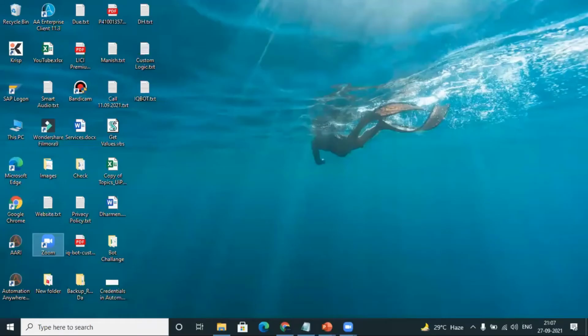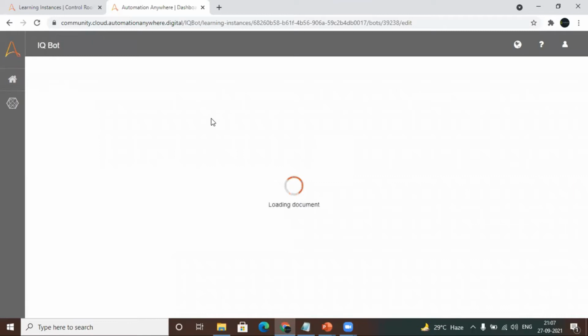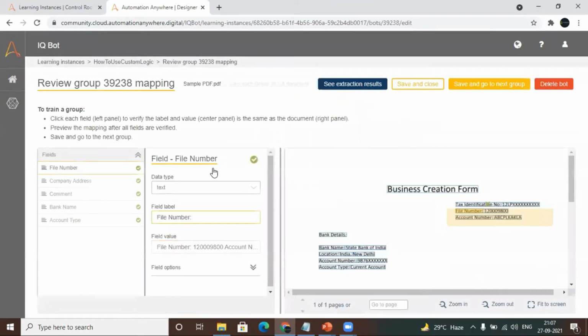Now let me take you to my Automation Anywhere Community Edition to see how we can use this feature. I have created a simple learning instance. There we can see how we are using this custom logic to get the final output. This custom logic feature supports form field as well as table field data.